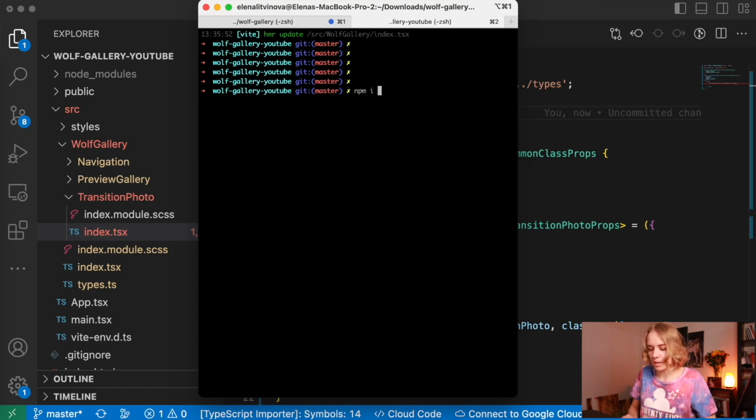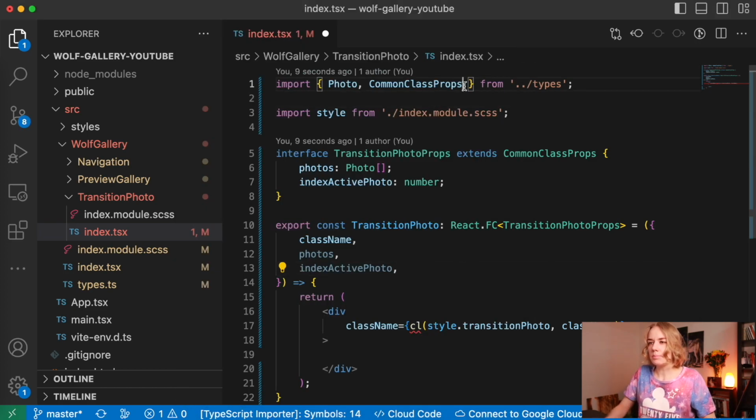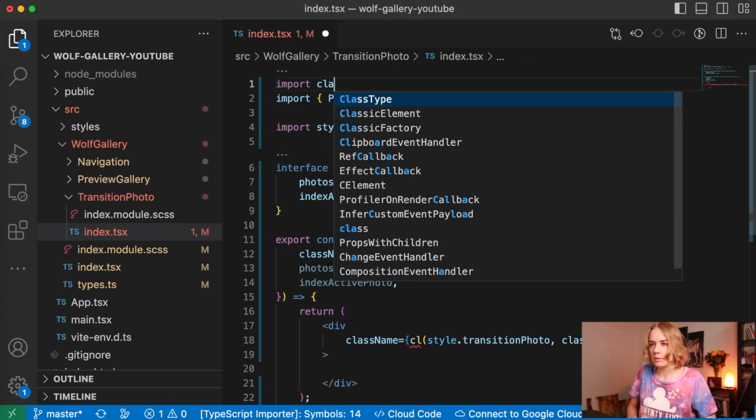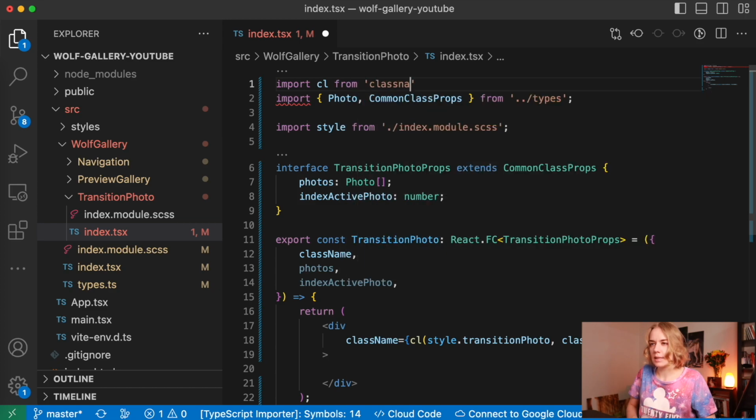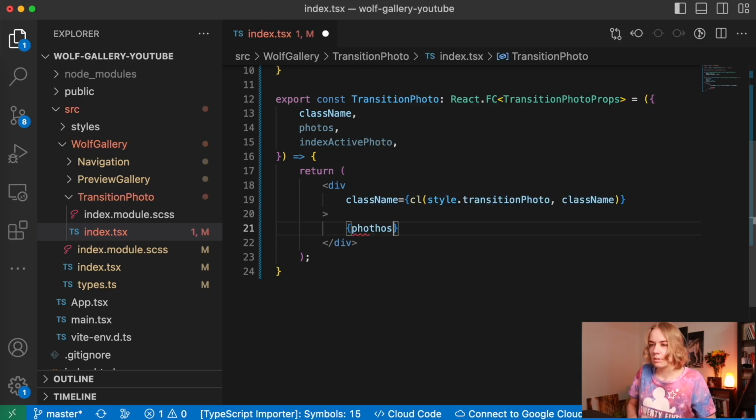npm install classnames --save and run dev. Import from classnames, and here we actually should go through all photos, map photo, ID,